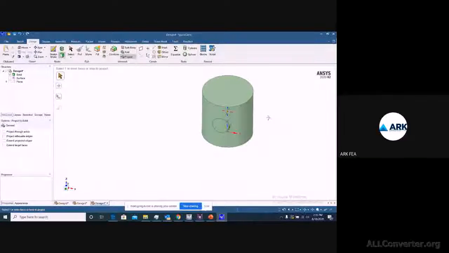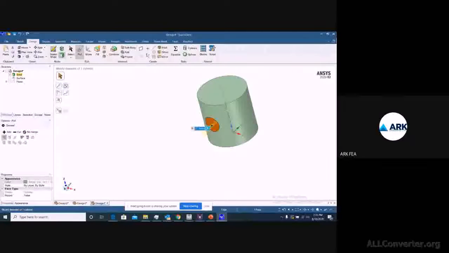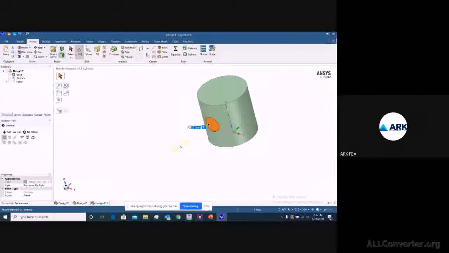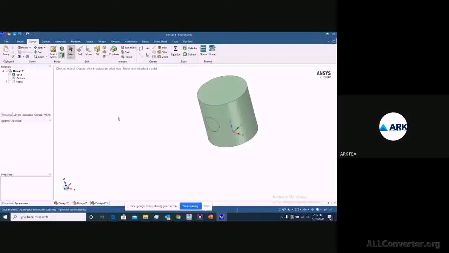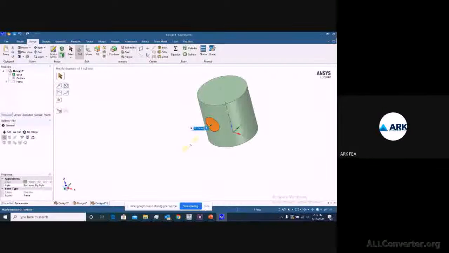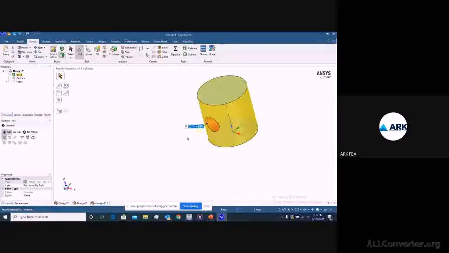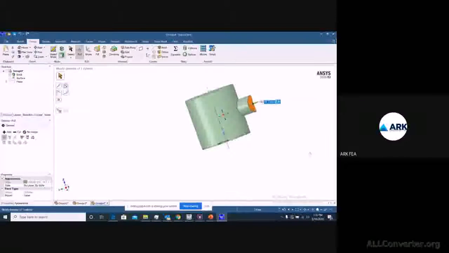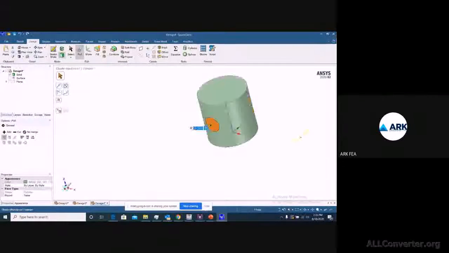In this condition, if you have to add a third dimension to this, from edit go to pull and define how much you want. Just select pull and add material, and you can define how much you want.